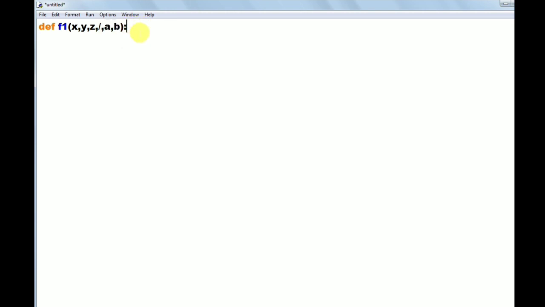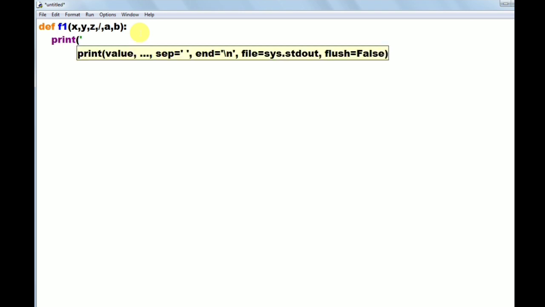Okay, now I am writing one print statement here for our understanding purpose. I am writing print hello. If we pass 5 values, that will print hello. So this is the function I am defining here. Now I want to call that function, so I am writing f1.